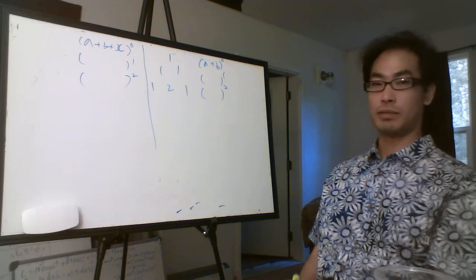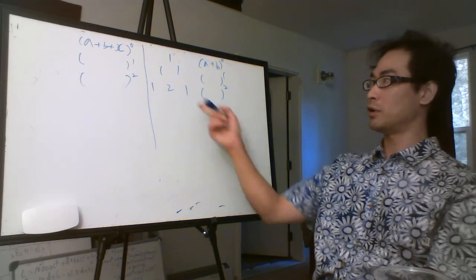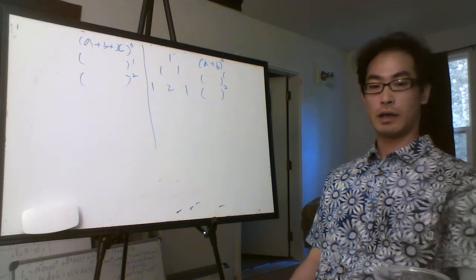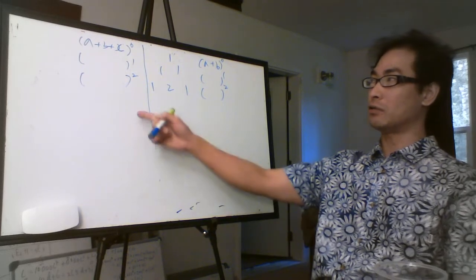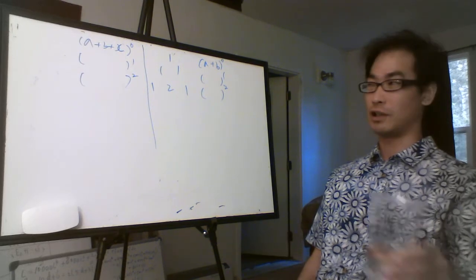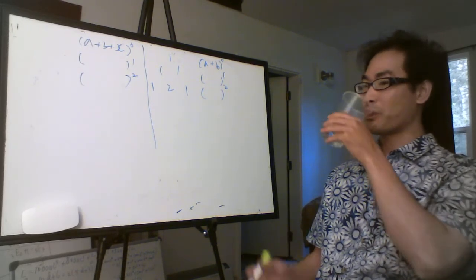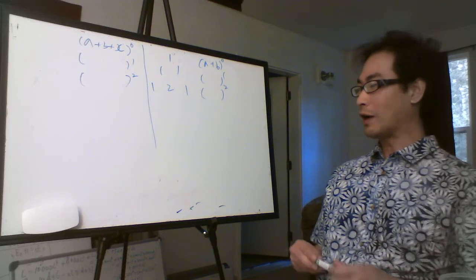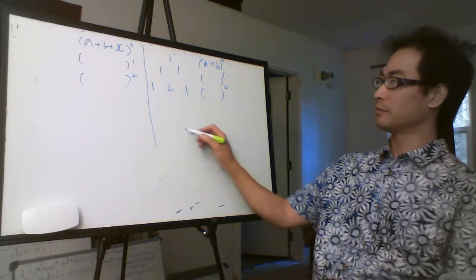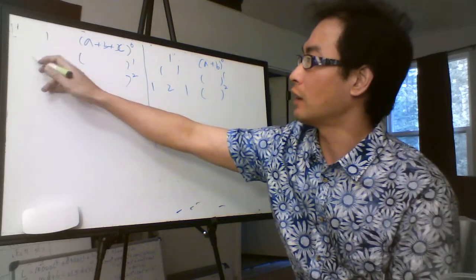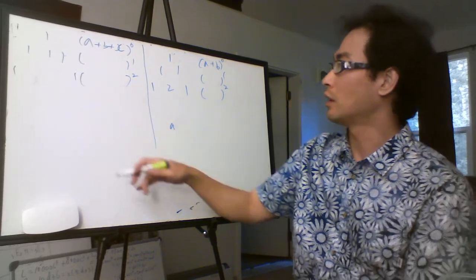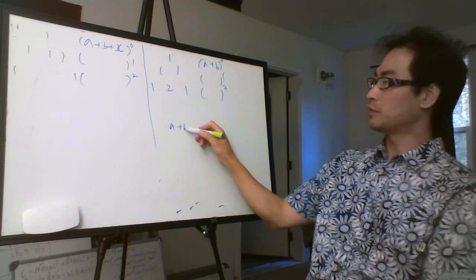Probably it's a combinatorial problem, right? So probably we can do something similar to this Pascal's triangle, okay? I haven't seen anybody doing this. Probably it already exists. That would be my guess, but doesn't matter. I'm not going to look it up, okay? I'd rather do it on my own. So we have this 1 and 1, 1, 1, right? And here we have 1, 1. And then what? A plus b plus c